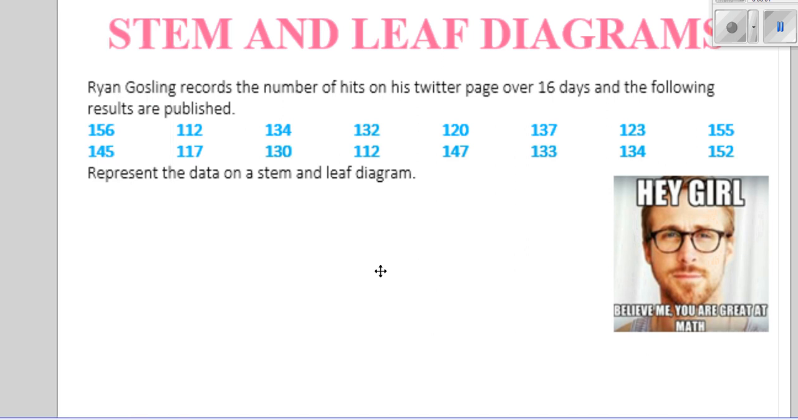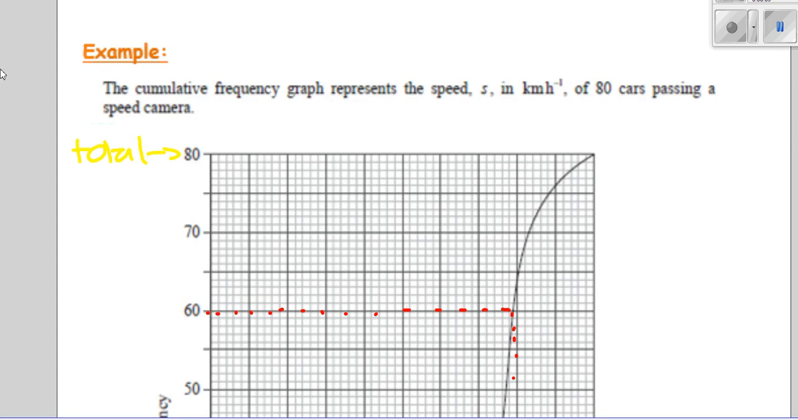We're doing stem and leaf diagrams. Okay, guys, are you on stem and leaf diagrams? We've started recording. Okay. So last lesson we were doing cumulative frequency diagrams, or the snakes coming out of the